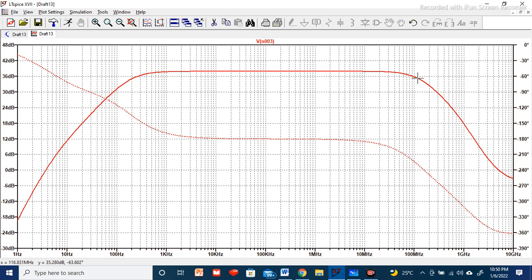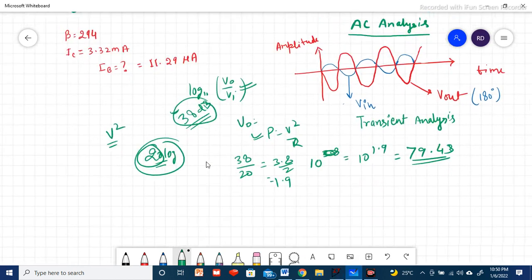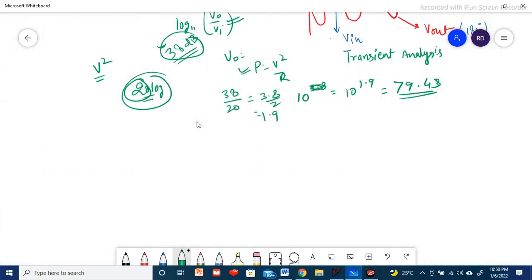Exactly at 35 dB we have 116 megahertz. So 116 megahertz is my upper frequency, FH, and FL was 200 hertz.